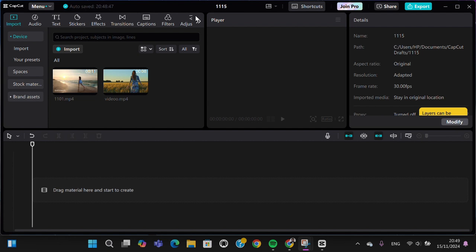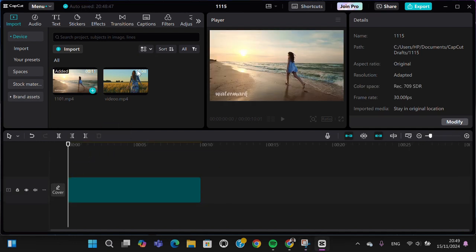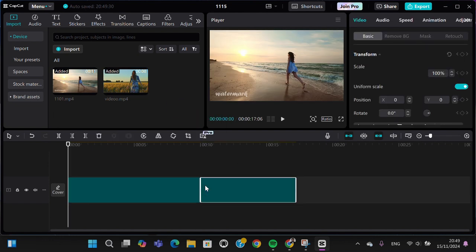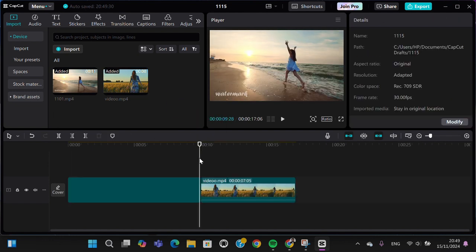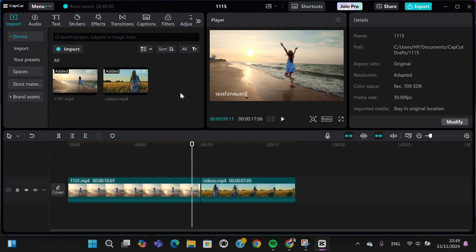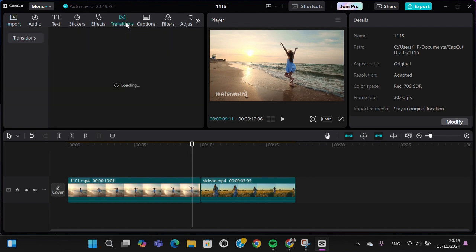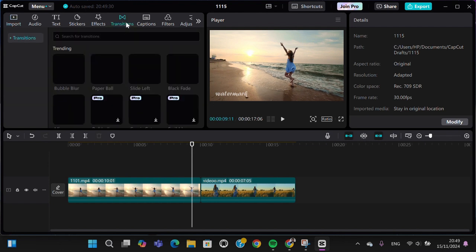I have created a project in my CapCut PC application, and first of all, I'm going to add my videos to the timeline, and I'm going to create a transition for this video. Okay. If we want to add a transition, we can go to the transitions menu, and to create a smooth transition for